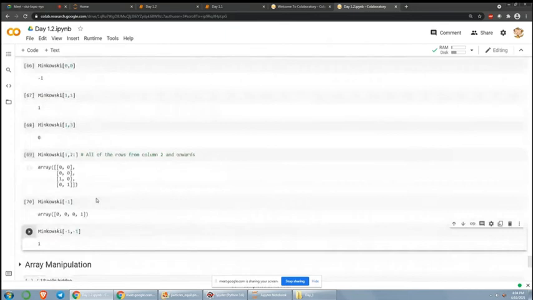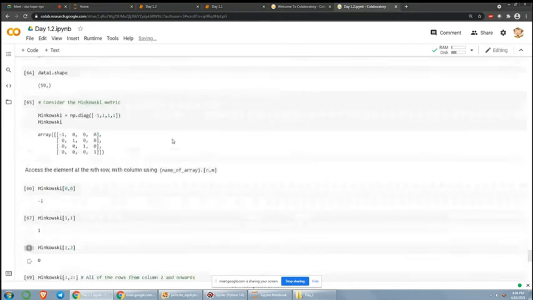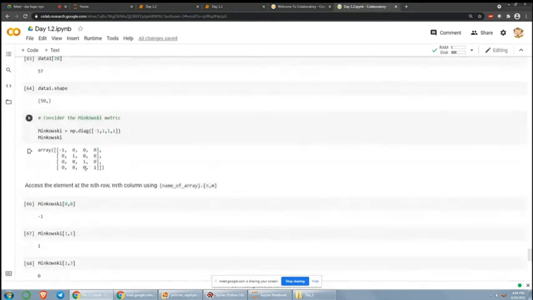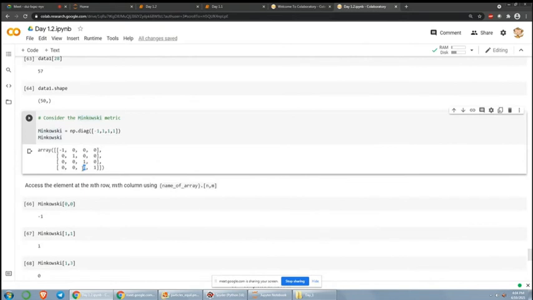Which is also 1. If we change this to -2, this is going to be